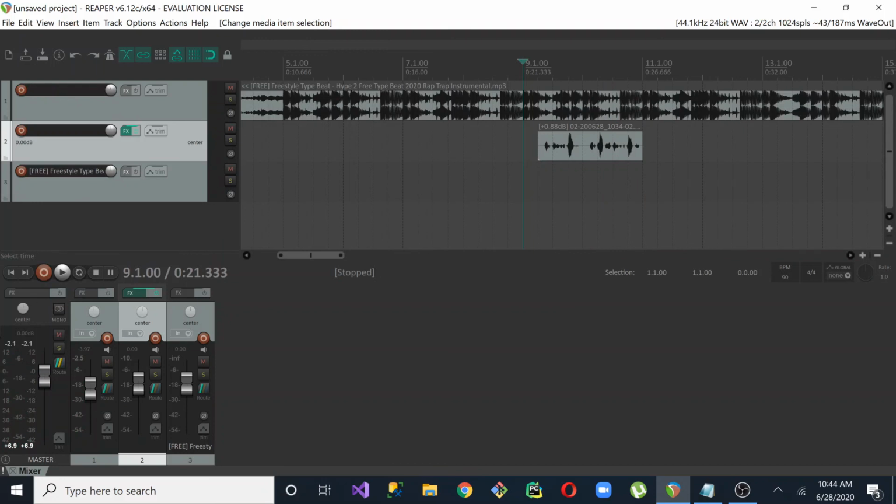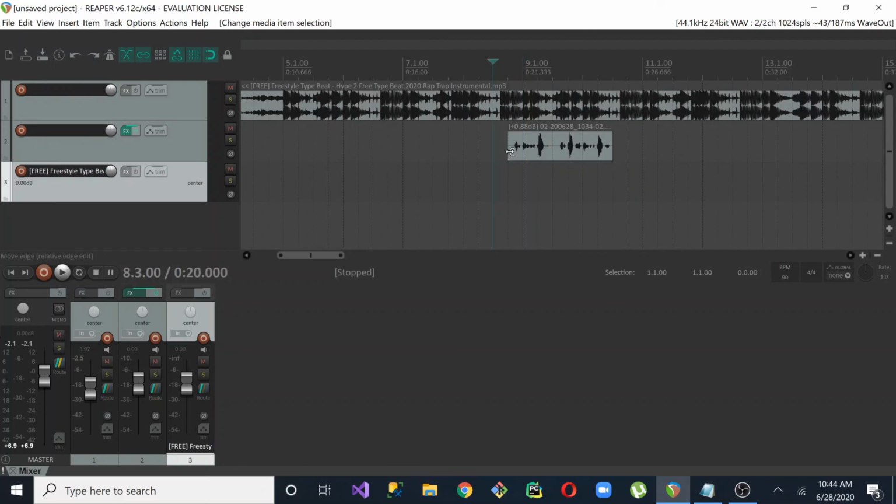I don't have to realign it or make sure that it's on beat. I just know for a fact that it is based on how it's aligned. However, if you only move it in increments of, let's say, a half of a bar, it'll be on beat, but it'll just be on beat in a different area. For example,